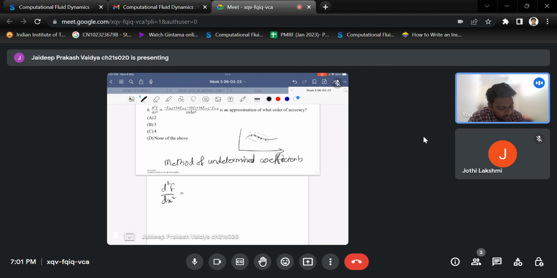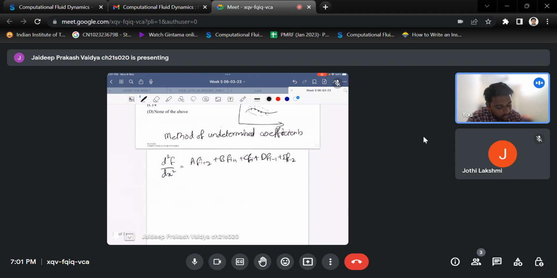The reason this name is kept is because we just write down the expansion of d square f by dx square as a times fi plus 2 plus b times fi plus 1 plus c times fi plus d times fi minus 1 plus e times fi minus 2. And we use the Taylor series at each of these points to get the corresponding equations. So basically what we are doing is, since there are 5 unknowns, we expand this up to the 5